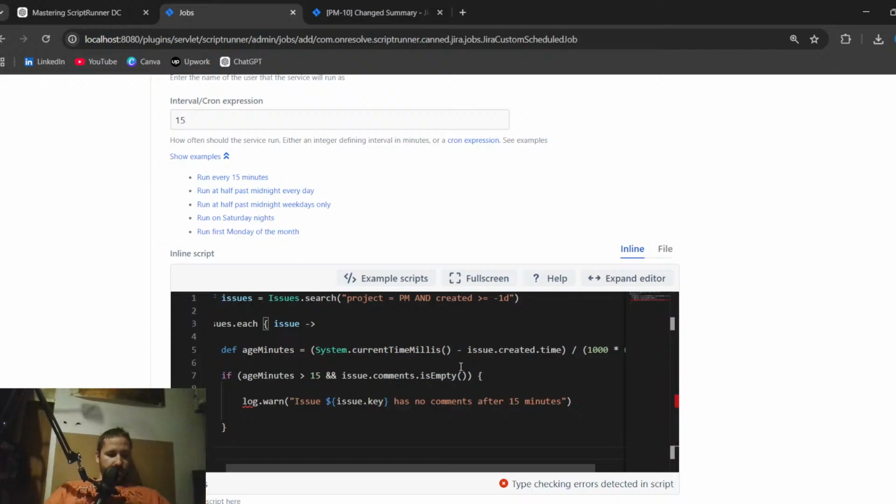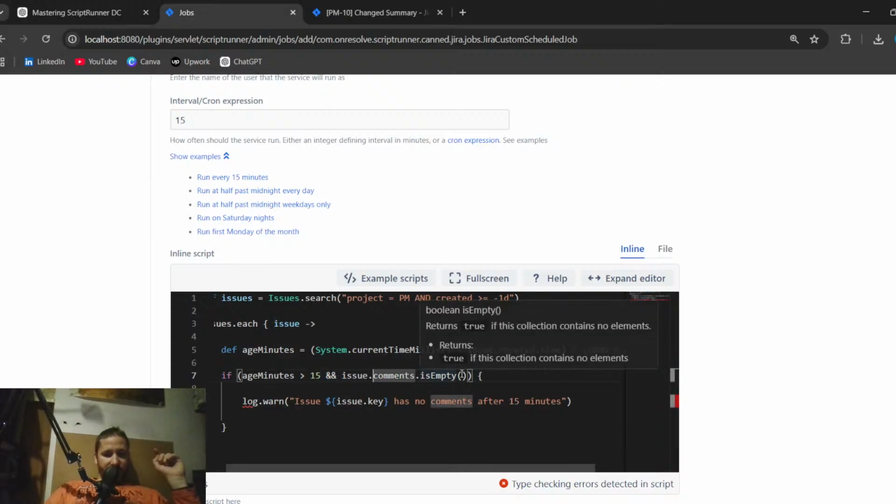Also, that issue created time is also in milliseconds, which is something that we need to be actually aware of. And of course, if age of minutes is longer than 15, and so this reads